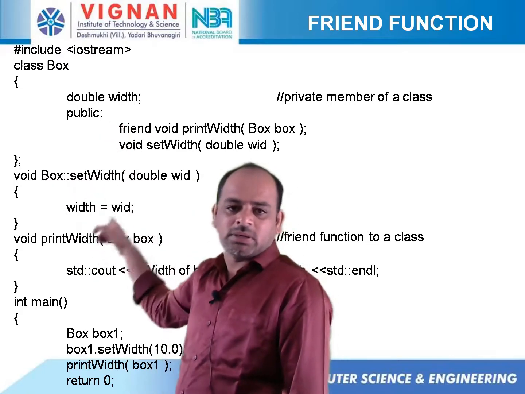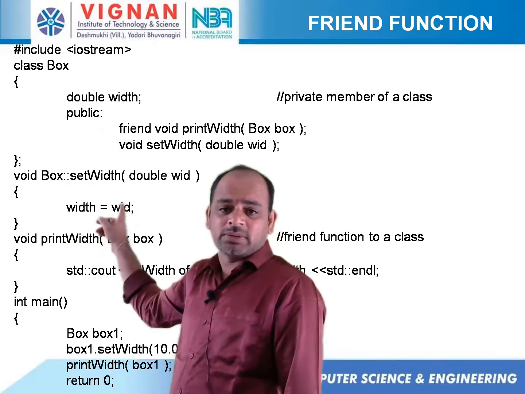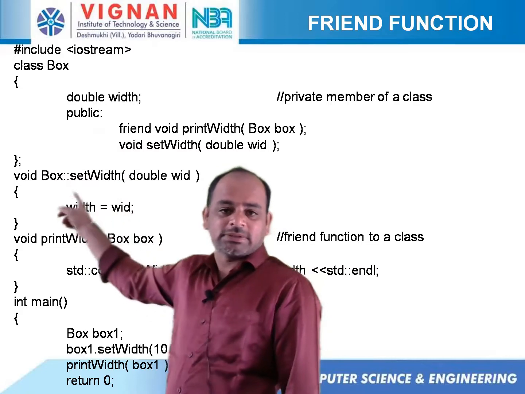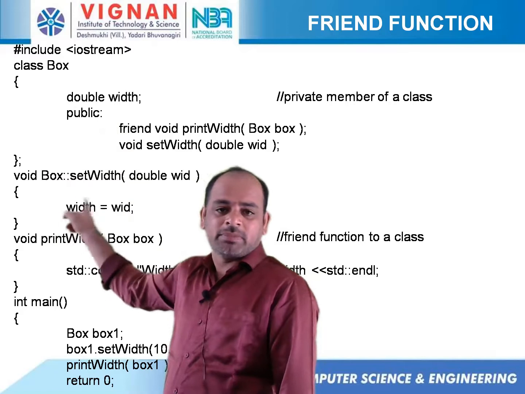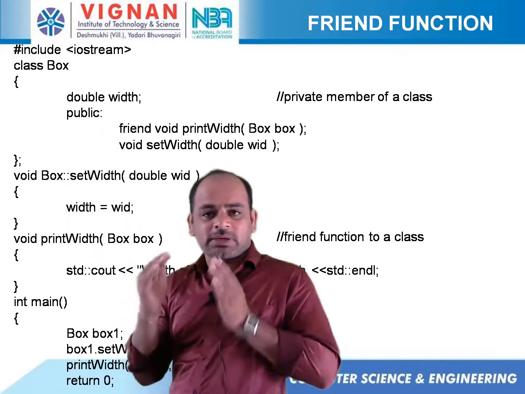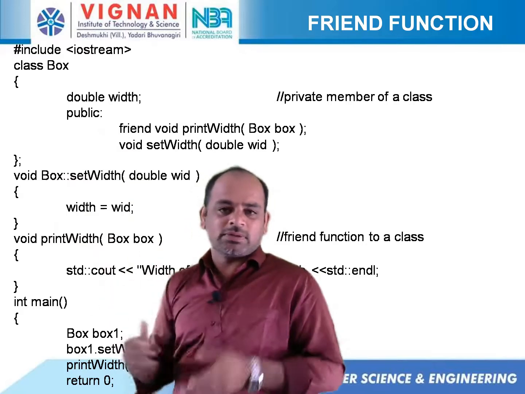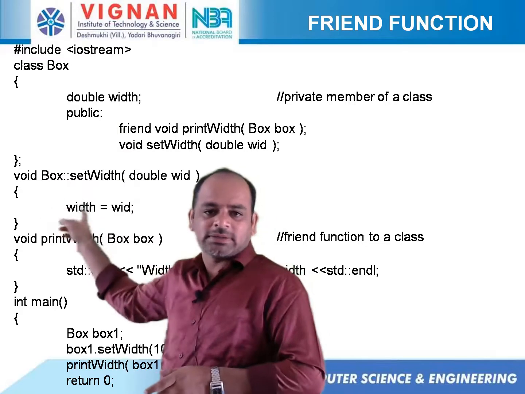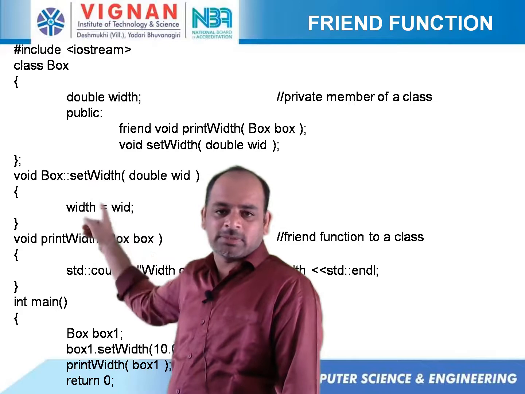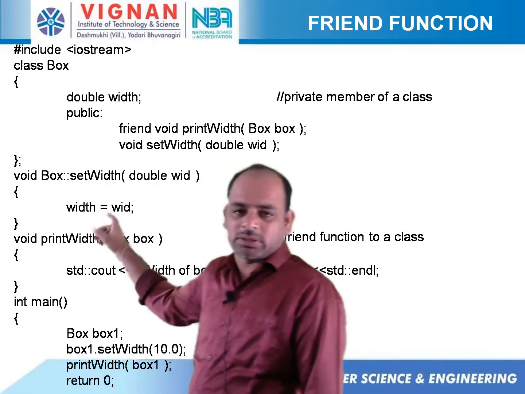having one parameter, right? And we are initializing width equal to WID because it is a public member of the class Box, so it can access this data member width, right? There is no issue because every private member of a class can be accessed by a public member of the same class. So it can directly access width, a data member, because set width is a public member of the same class, and it is initialized with some value which you will pass from the calling environment.